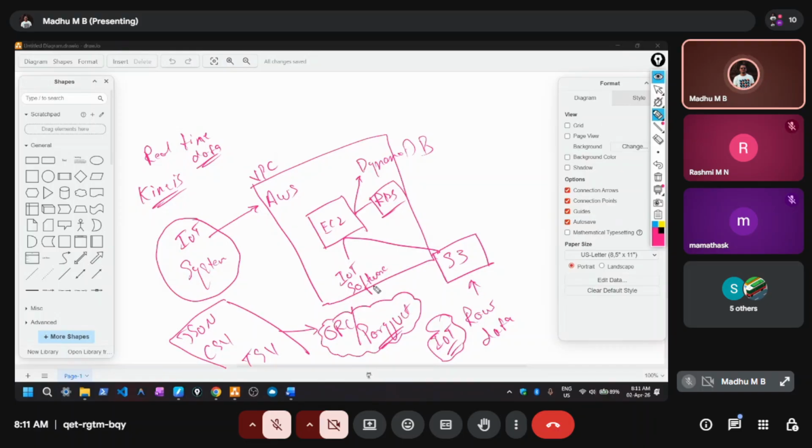And these formats could be saved either in S3 or we can directly save in the RDS, okay, relational databases. And if you want to directly save this JSON data, IoT data, then this IoT data has to be directly stored in DynamoDB. DynamoDB is a NoSQL database, okay. This is key-value,